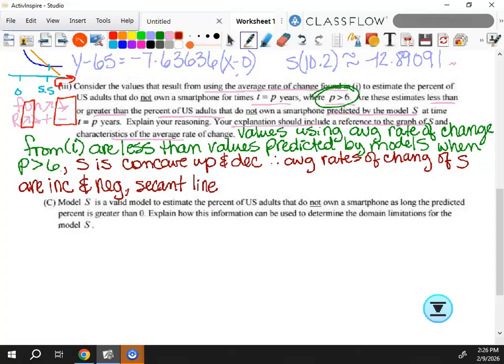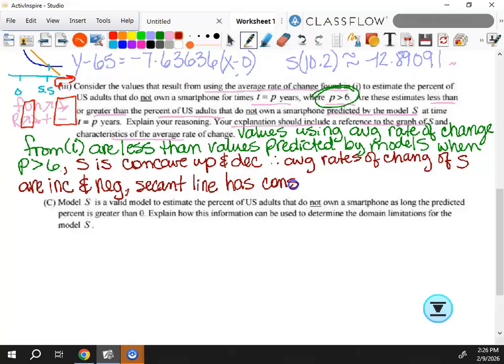The slope. Tell me about the slope of that orange line. It's unchanging. What's another word for that? Constant. So the orange line has a constant rate of change because it's a line, right? And is that rate of change positive or negative? Negative. Okay, so the secant line has